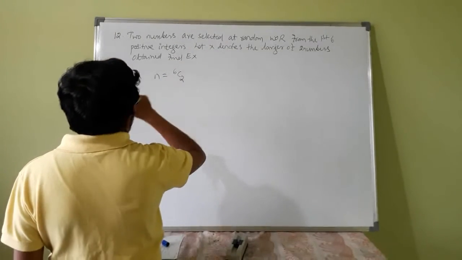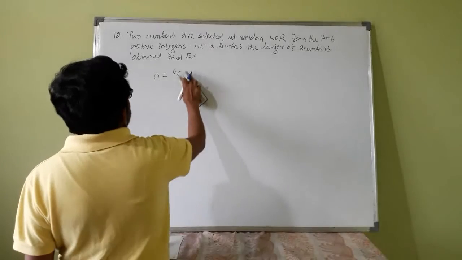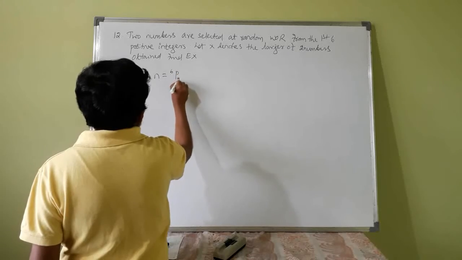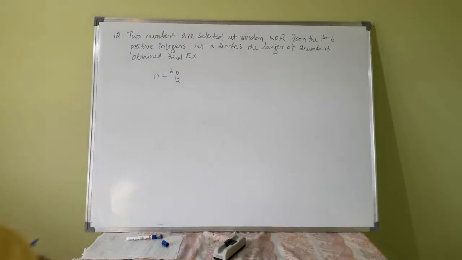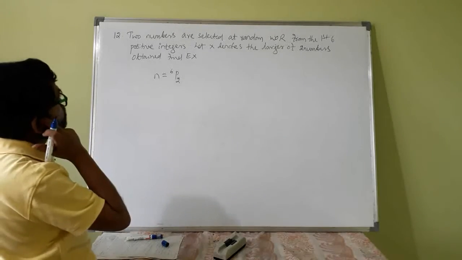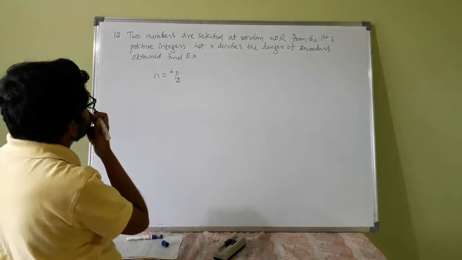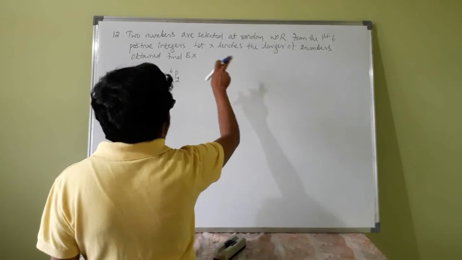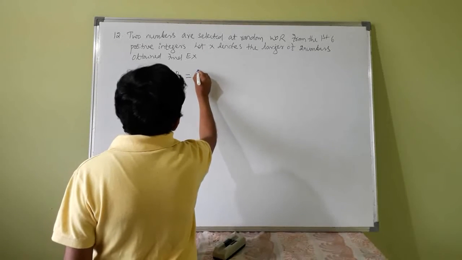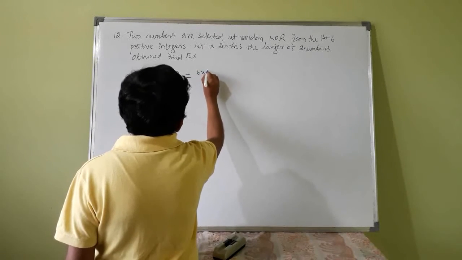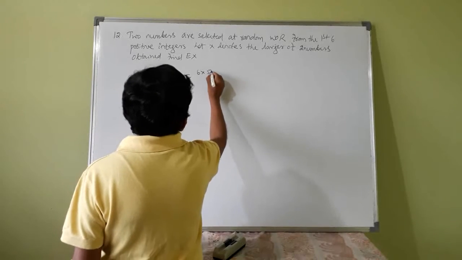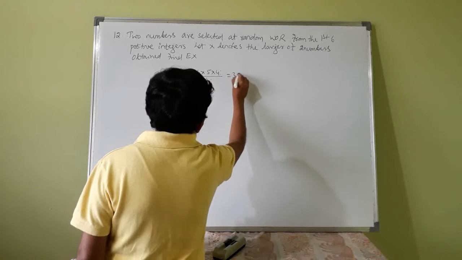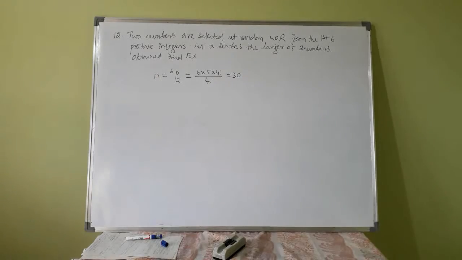That means 6 into, this is permutation, 6P2. Any two numbers, first, that is 6 into 5 into 4 factorial divided by 4 factorial, that is 30. Now